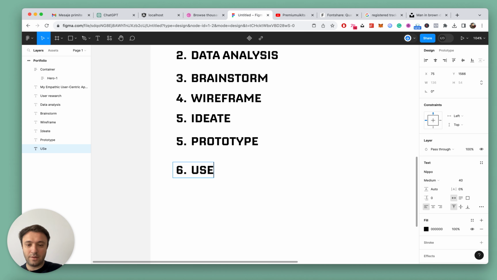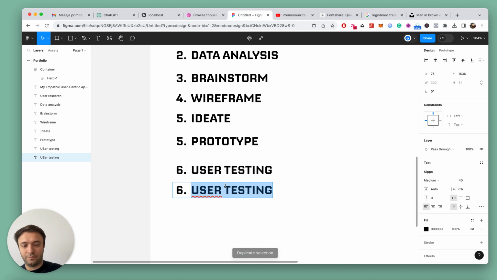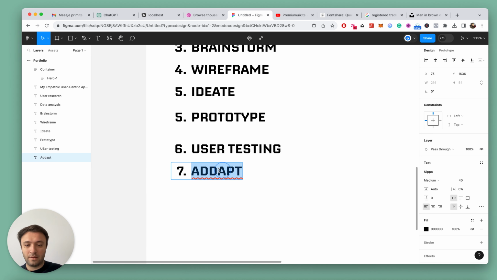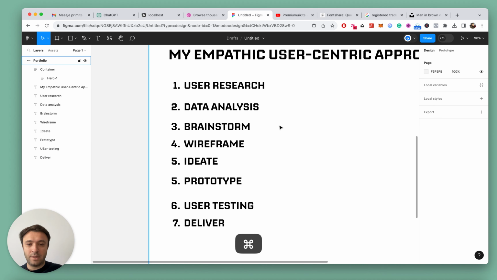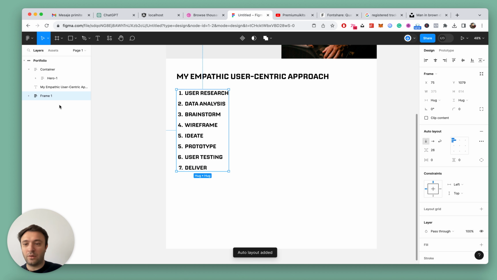Testing users, testing, design solution, or adapt, something like that. Address, deliver. Okay, deliverables. So user research, let's select all these steps and let's click on auto layout called steps, and let's